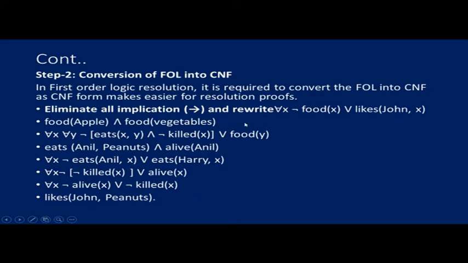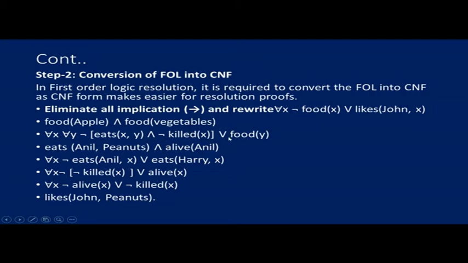Similarly, first thing, see here, for all x, negate of food, taking this as A, union likes John comma x. This is B. So this is the form where we eliminate this one. The same way we look at this example. See, for all x comma y, negate eat comma x comma y, this is in bracket, intersection